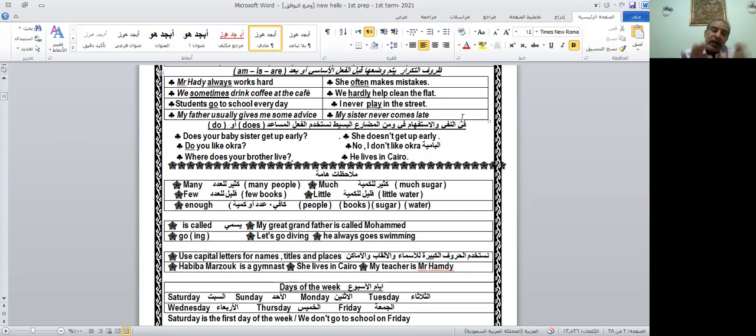So we have revised, or we have studied, the present simple tense. As you always start with present simple, present continuous. These tenses are always used or studied in the first units. And sometimes we use it more than one time, repeated in some units. So be careful about these notes. We have